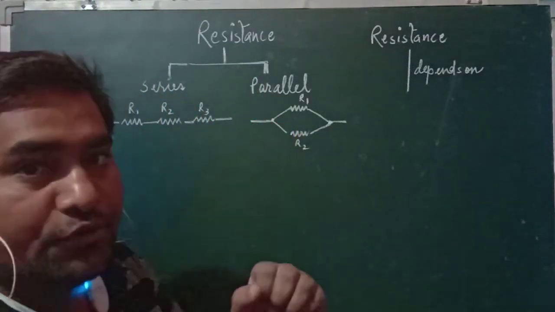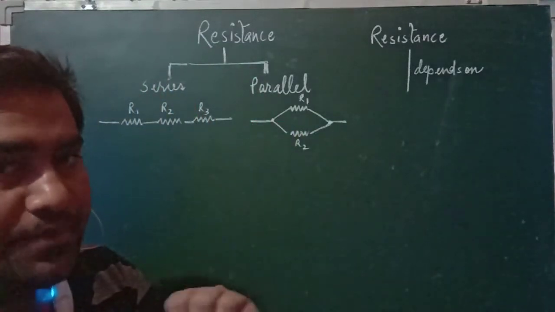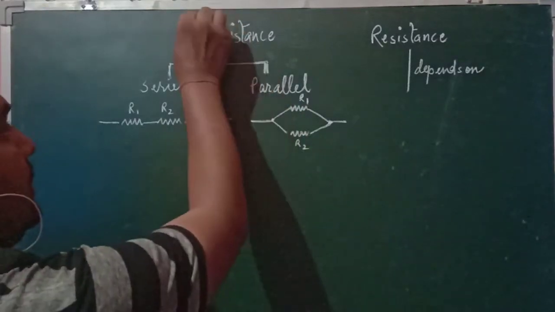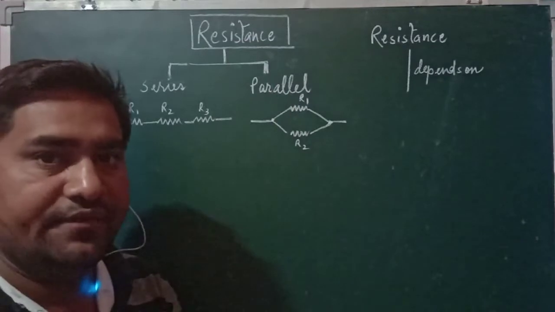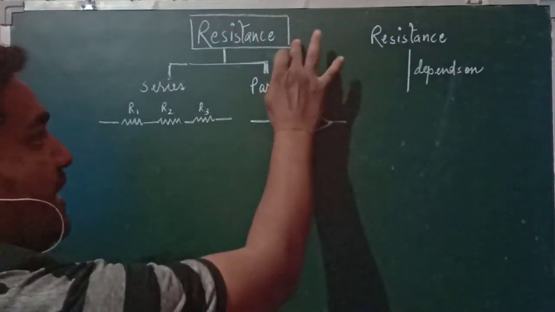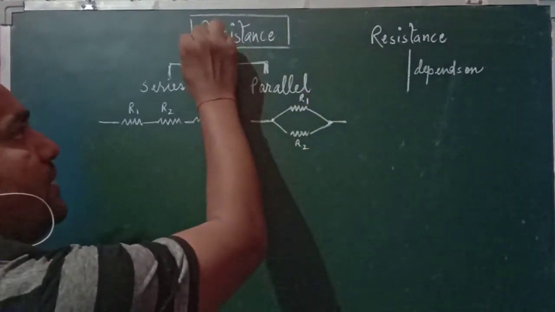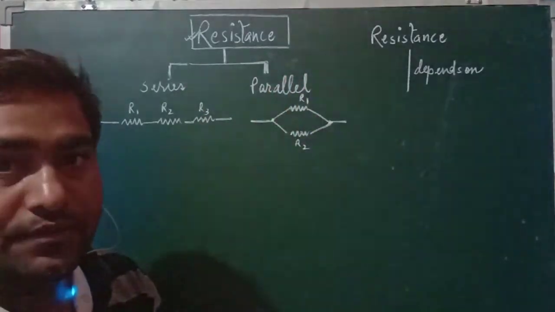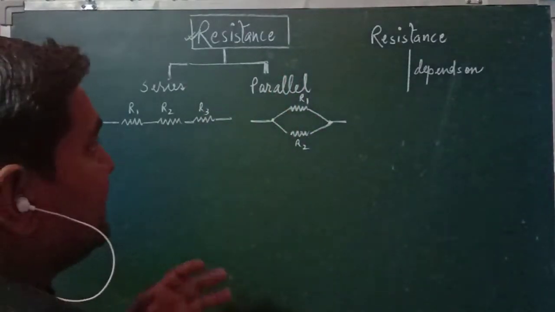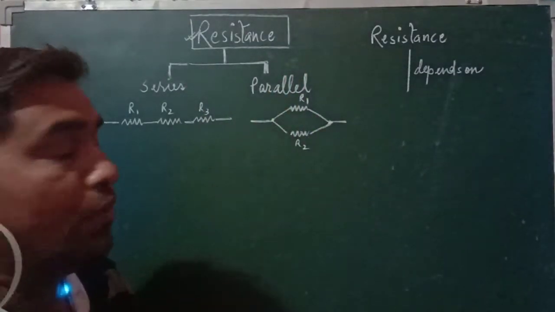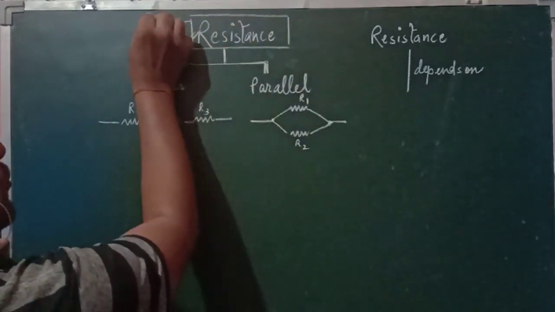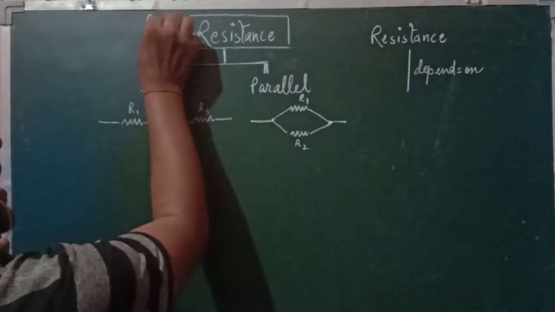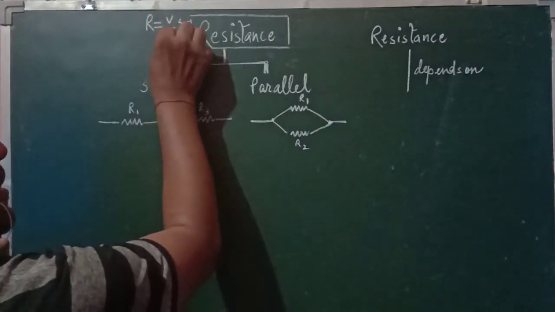In the second video of physics, chapter electricity, till Ohm's law I had already explained each and everything. And from Ohm's law we got the term resistance. Okay, students. So what is the resistance? Firstly, we should know that resistance is denoted by R equal V by I.